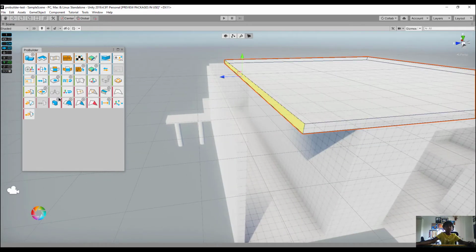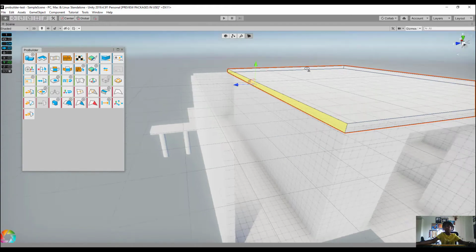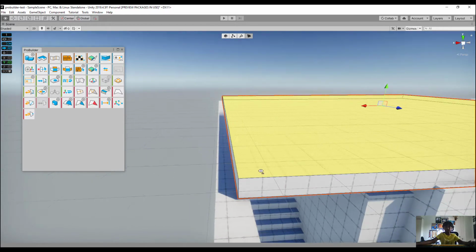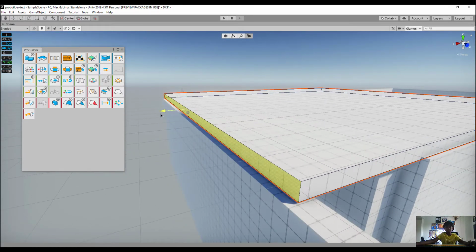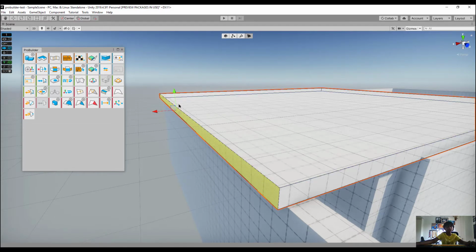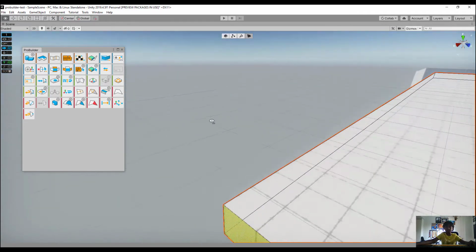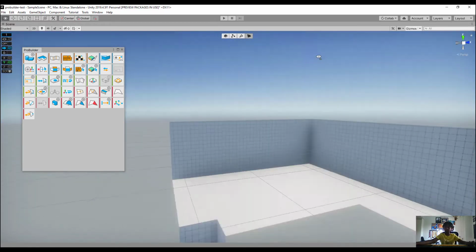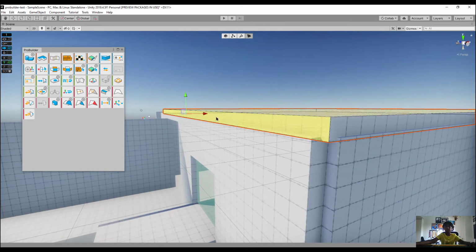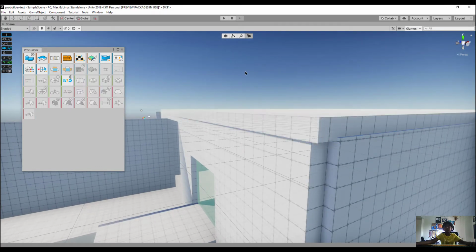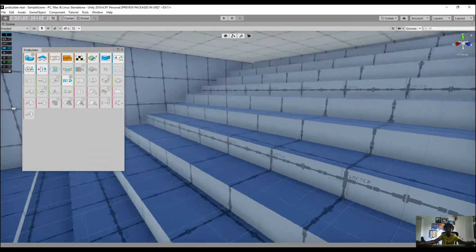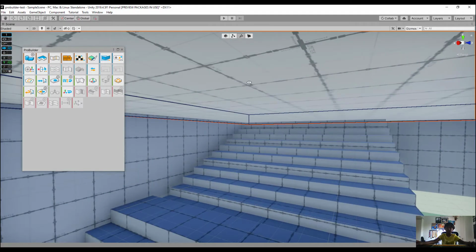And also I'm gonna scale down this. Okay, so